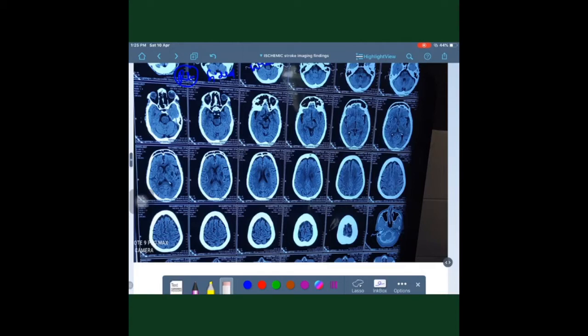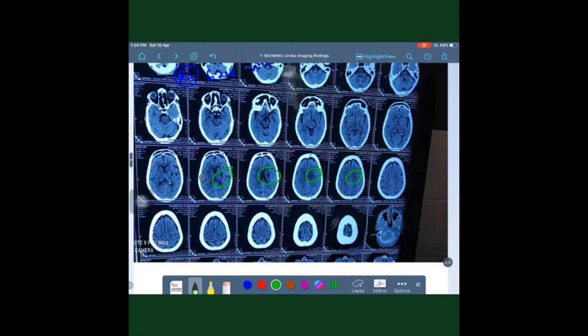So, where should we look in the CT brain? The weakness is on the right side, so the findings will be on the left side. So, we have to look at the left side of the CT. I am marking there. There are blackish areas, which are hypodensities. So, this means ischemic stroke.